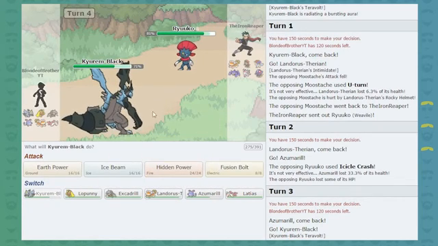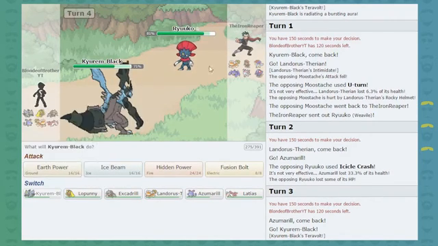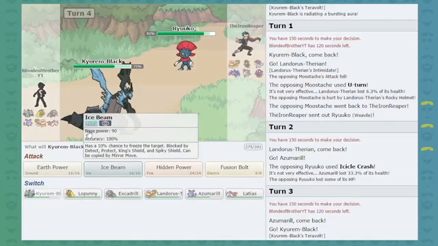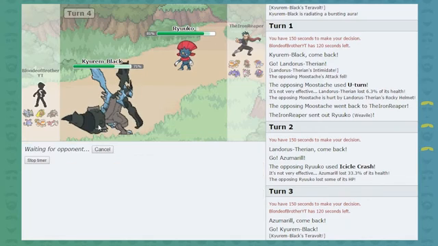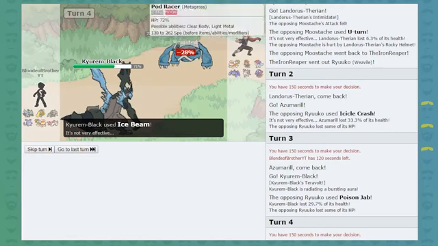We are going to... So, Icicle Crash does not kill us, so... Actually, he's Life Orb. Well, no, Icicle Crash doesn't kill even if he's Life Orb, so I think we're just going to hit him up with an Ice Beam here. Because he is going for the Crash, and I really don't have any switch-ins because he has Poison Jab. Okay, we're just going to beam him. He goes into his